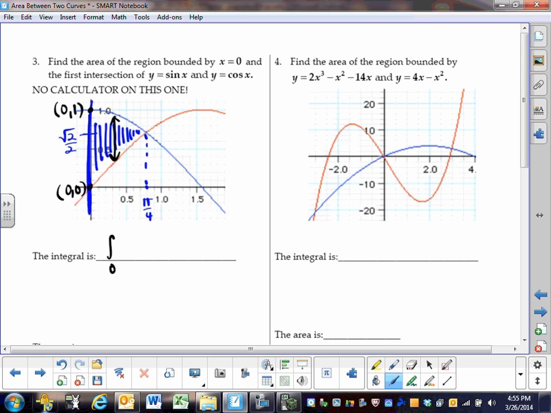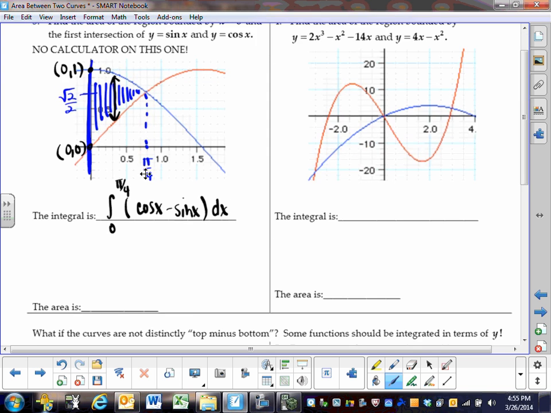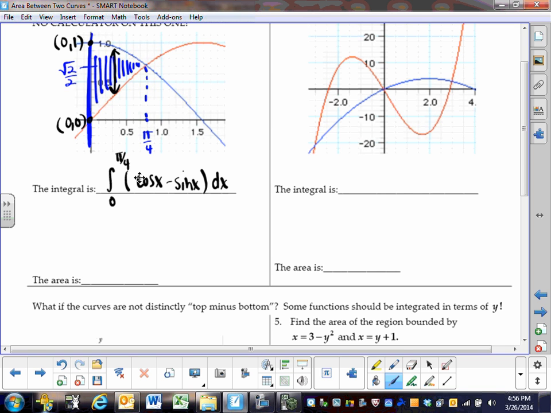So starting from x is 0 and stopping at pi over 4, that's going to be cosine minus sine dx. So antideriving, the antiderivative of cosine is sine. The antiderivative of negative sine is positive cosine. And we're integrating from 0 to pi over 4. So that's going to be sine pi over 4 plus cosine pi over 4